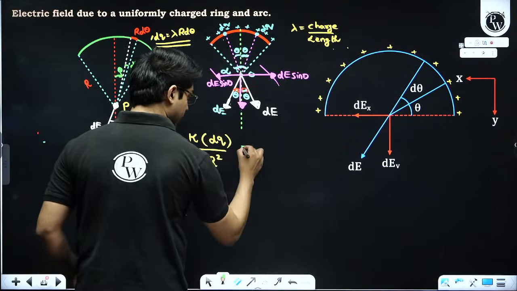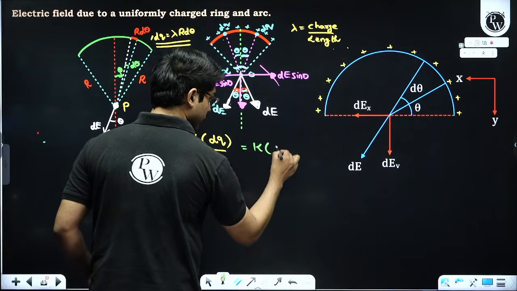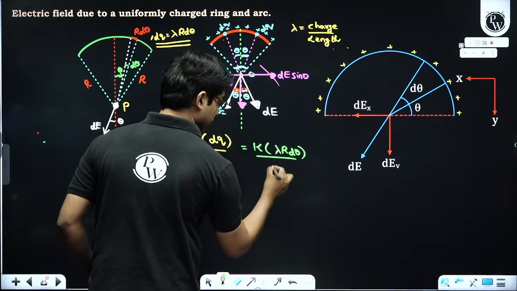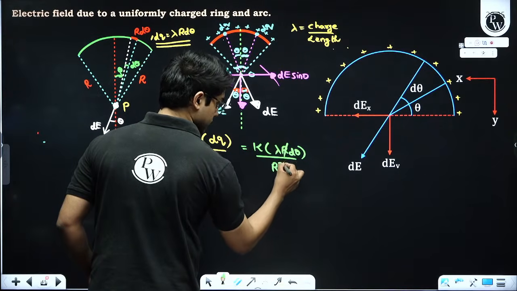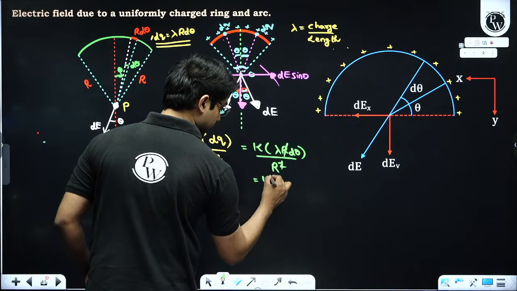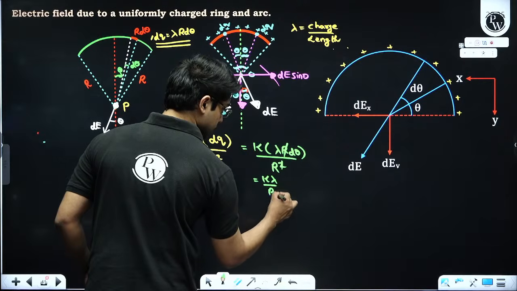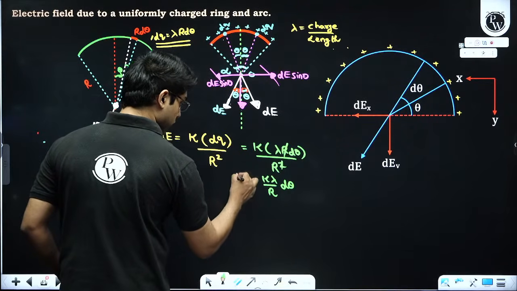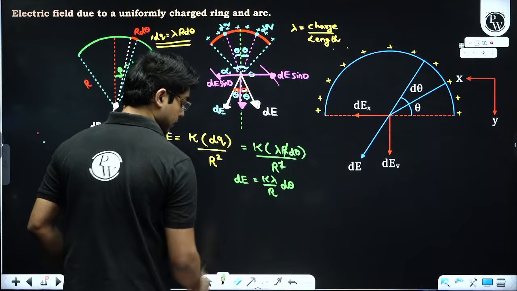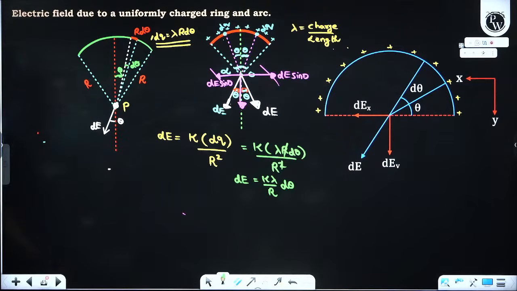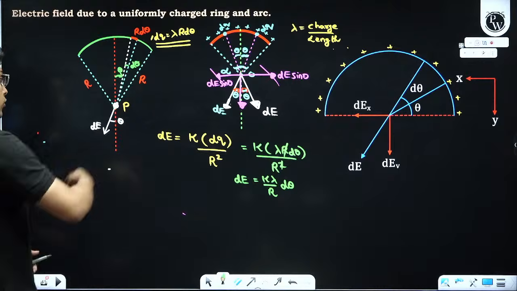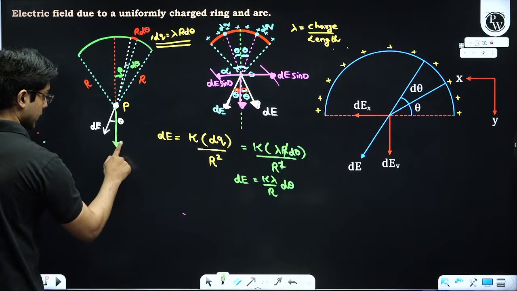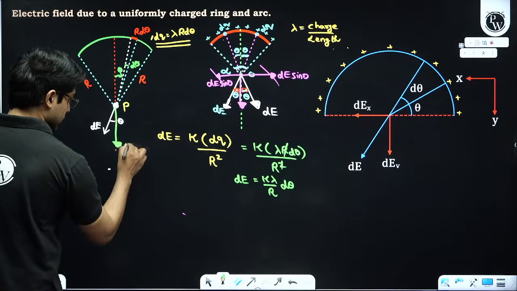So this will be k, and instead of dq, we will write lambda r d theta divided by r square. So this will be k lambda divided by r into d theta. This will be the small electric field at the point P. Okay. But we are not done yet. We know that the net field is in this direction, right, along the angle bisector. This is the direction